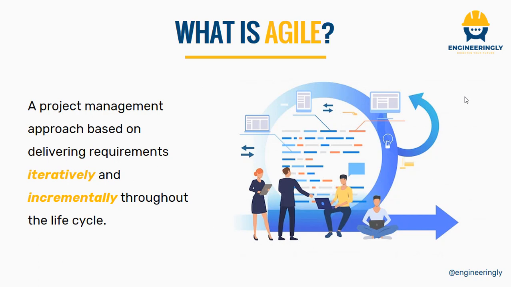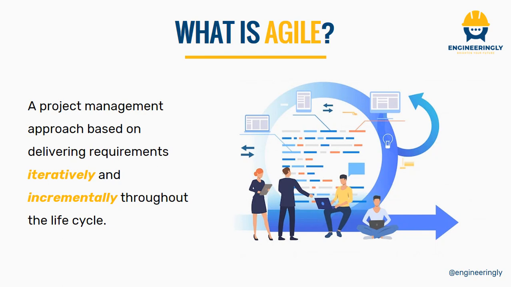As you can see in the definition here, Agile is a project management approach based on delivering requirements iteratively and incrementally throughout the project's life cycle. This means that the project's product is not delivered all at once. It is divided into increments or maybe iterations, and then completing the project increment by increment results in the final